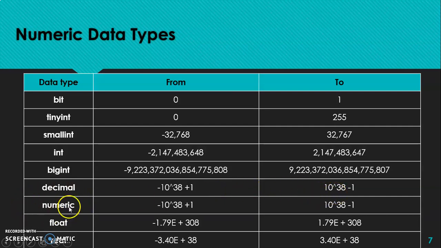And for numeric also we have the same value. Similarly, for float we have minus 1.79 exponential 308 to 1.79 exponential 308. And for real we have minus 3.40 exponential plus 38 to 3.40 exponential plus 38. Now these are the numeric data types.